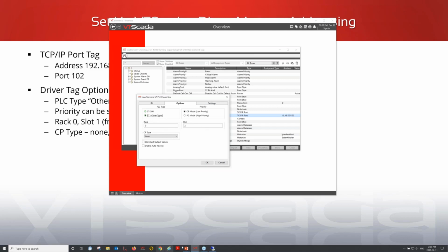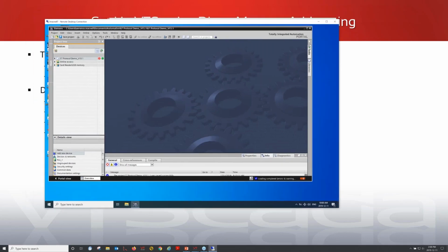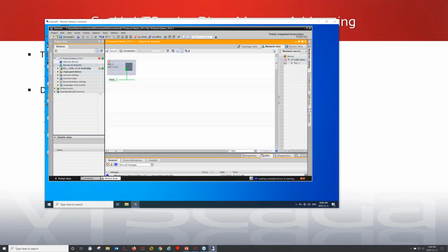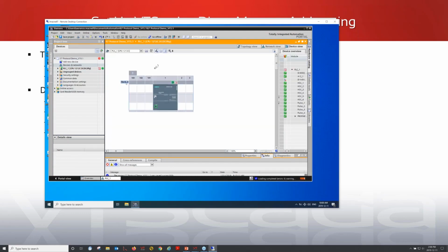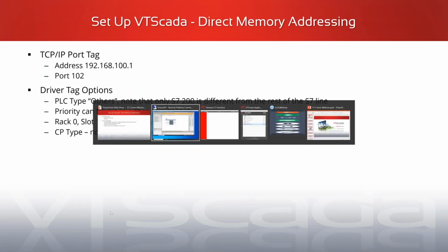The rack and the slot number, you'll have to reference back to your PLC software itself. So if we open up the S7 portal, I've got a PLC connected, and I've got a CPU, and I can have a look at it, step into the details, and from the TIA portal, it's telling me this CPU is rack 0, slot number 1. So when we set up our tag in VTScada, we simply set the,